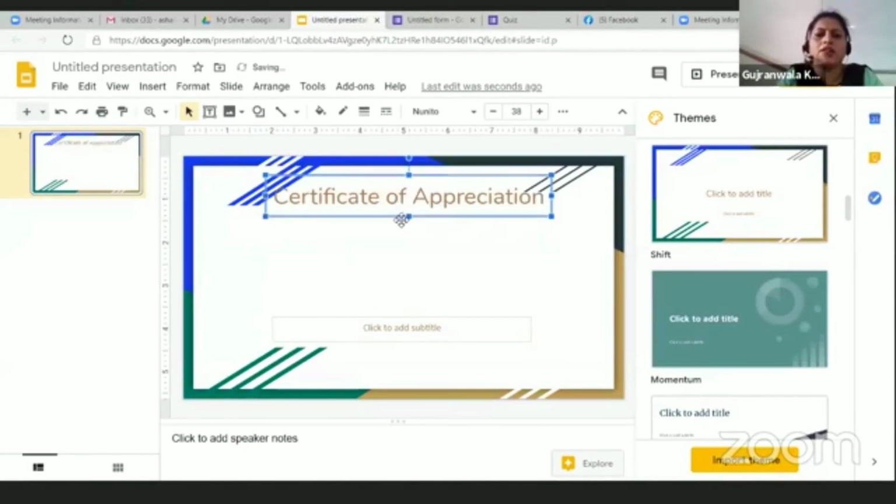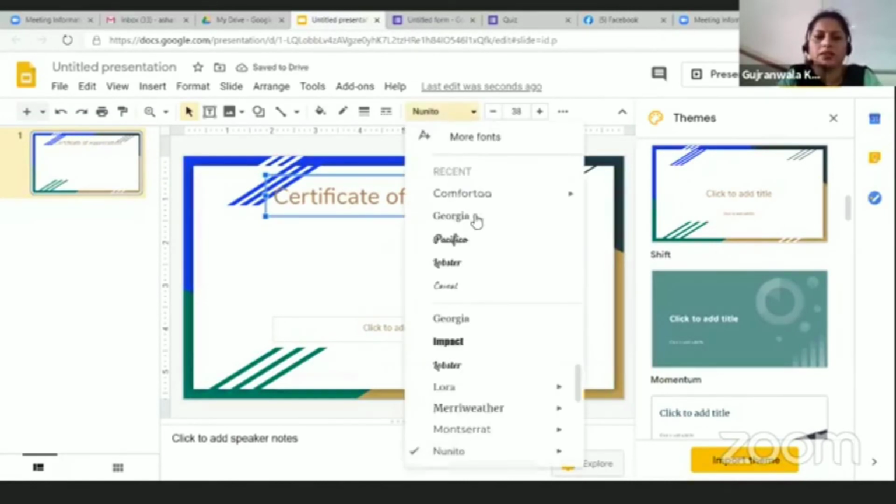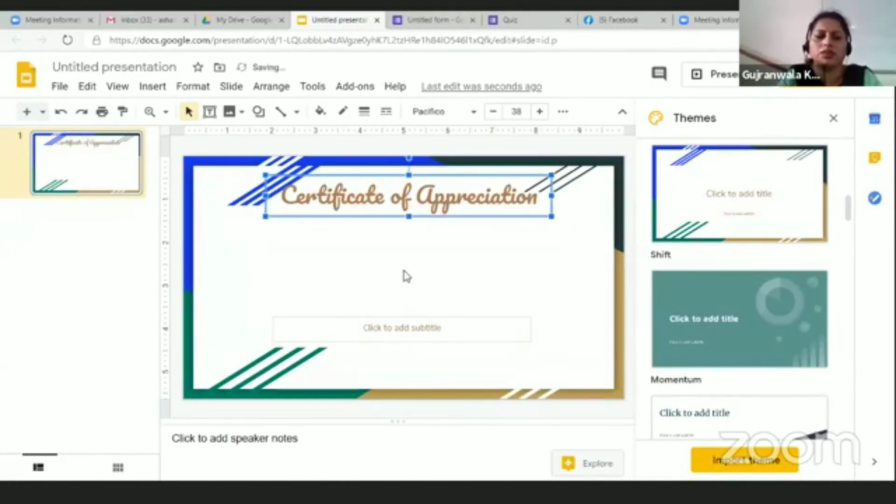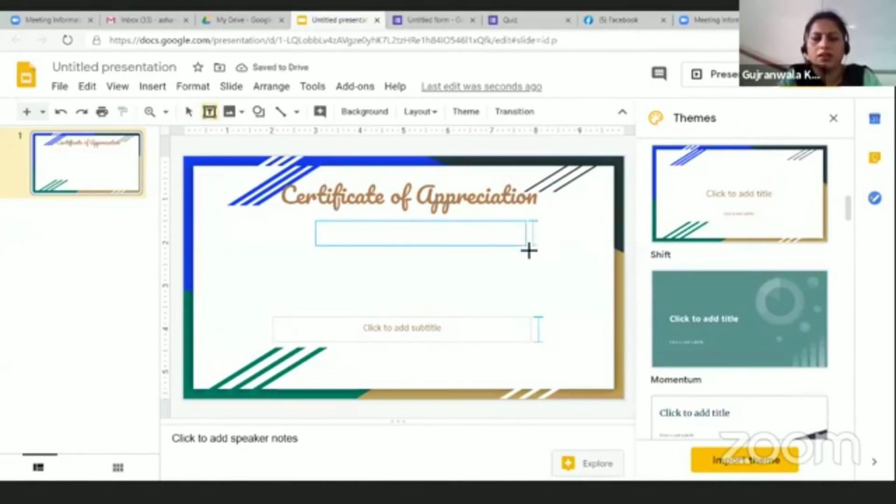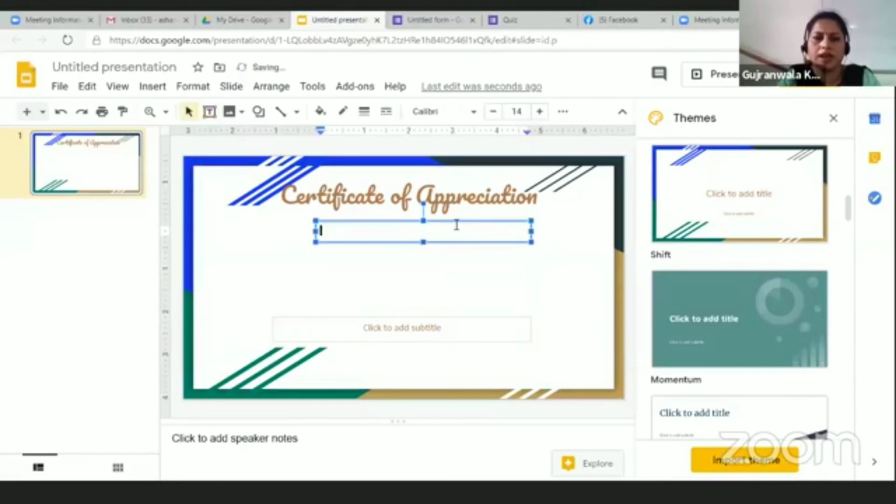The designing, color, and fonts you can change as per your requirement. I am not going into that, the way you want this, you can do it. It's quite simple. Here you can write